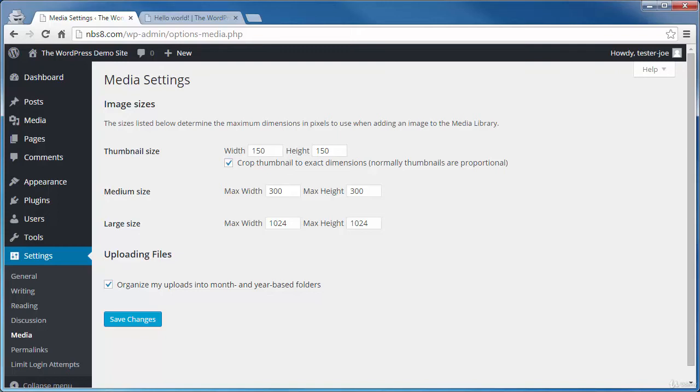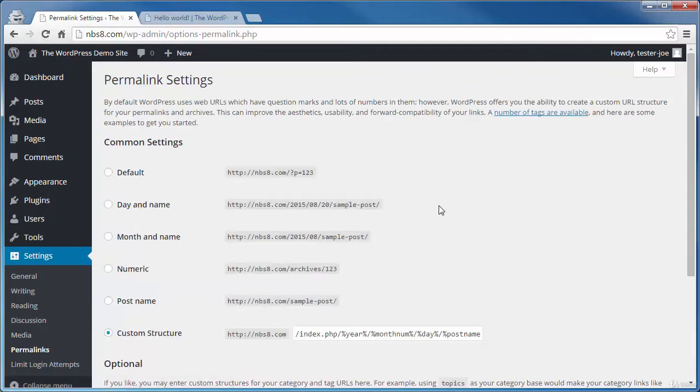This video is going to show you the Permalinks settings panel in your settings section. Let's go ahead and click on Permalinks. And in the hopes of keeping this video as simple and as short as possible, because permalinks can be rather confusing, just know that permalinks determine how the URL of that post or page is going to show up in